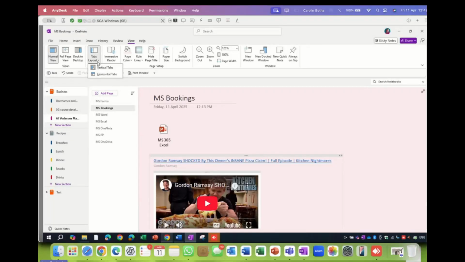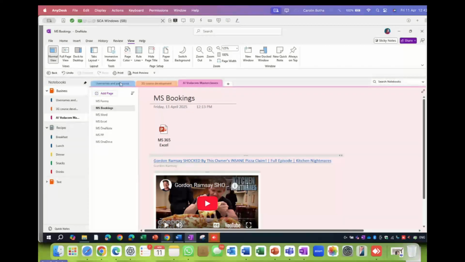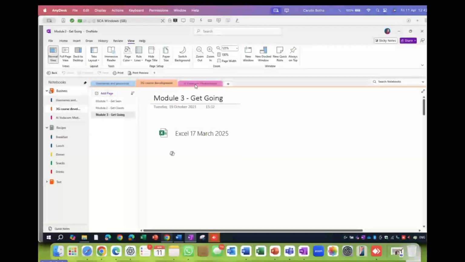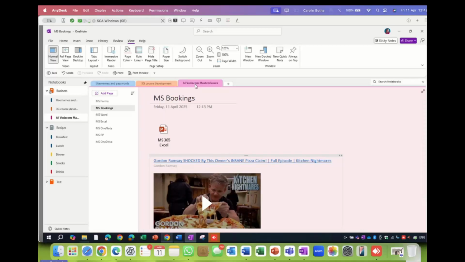I don't like it, it's not my preference, but I'll show you. Instead of having section tabs vertically, how it is now, you can have them horizontally. So let me show you the difference. Here it is on the side. When I change it to horizontal, it's going to show all my sections. Maybe you like this. This looks pretty much like a file that we had. Open the file and you have all these different sections. This might work for you.